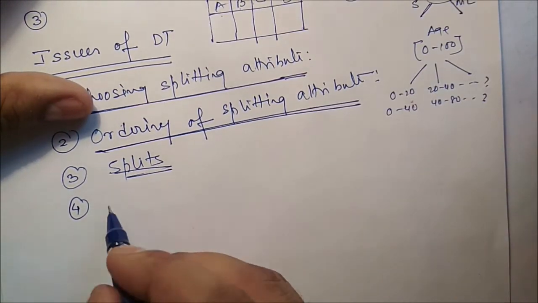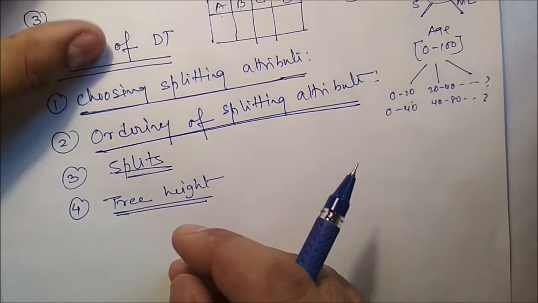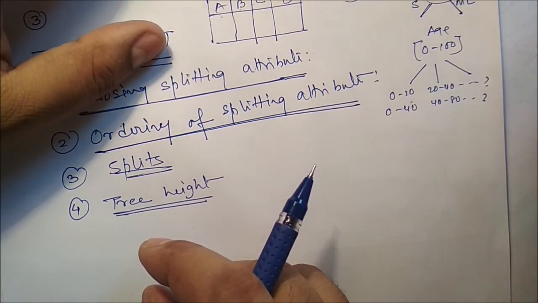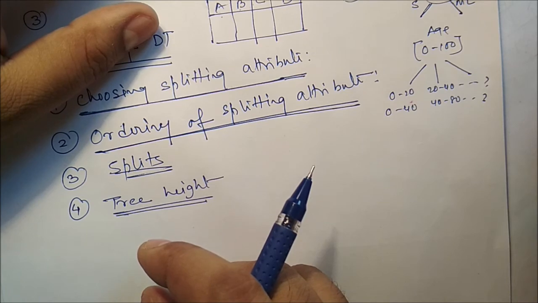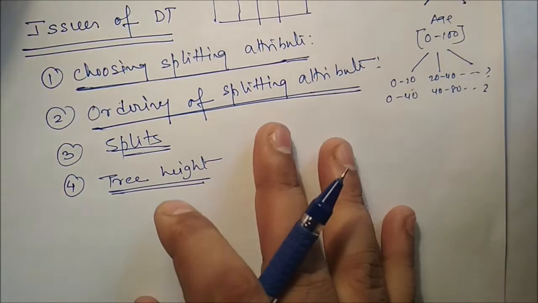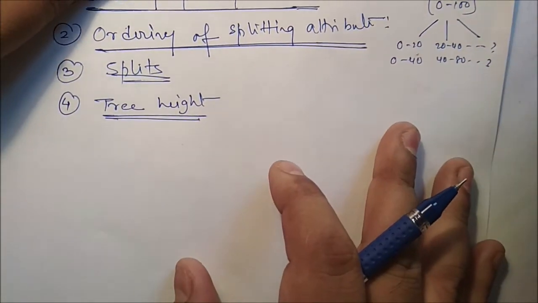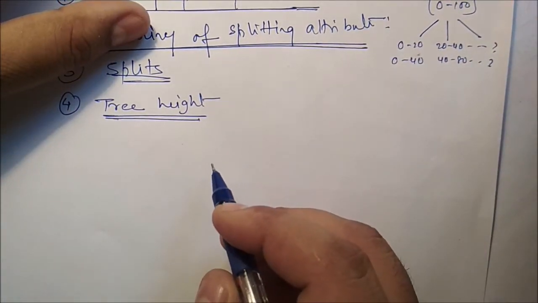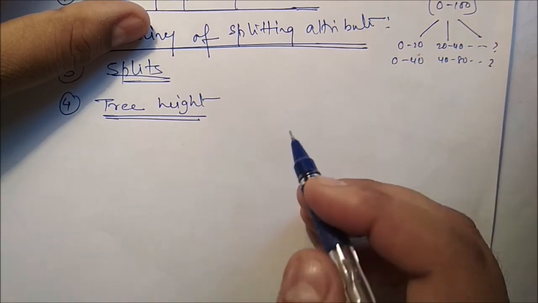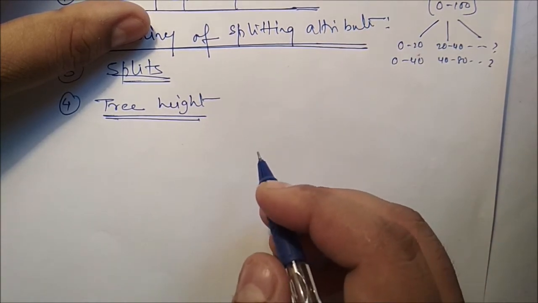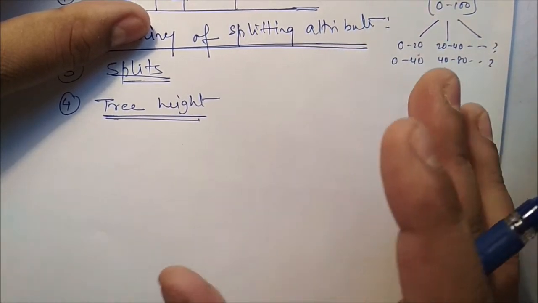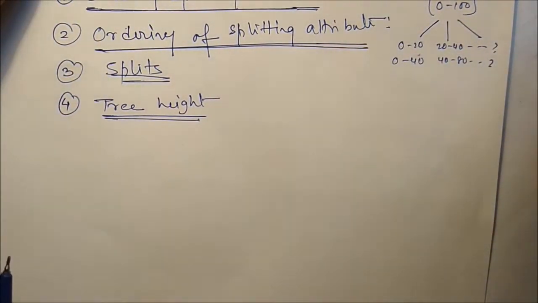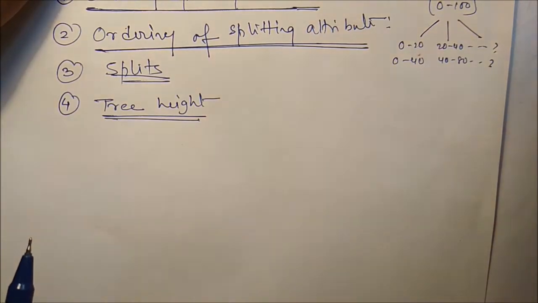Next is what? Tree height. Now to improve the performance of applying the tree for classification, a height balanced tree with the fewest levels is desirable. So already we have seen in data structures that the performance of the tree is dependent on the tree height. If the tree height is more, that means more number of comparisons are there. That means searching efficiency will be low. So if you can reduce the tree height, that means we can increase the efficiency of the tree.